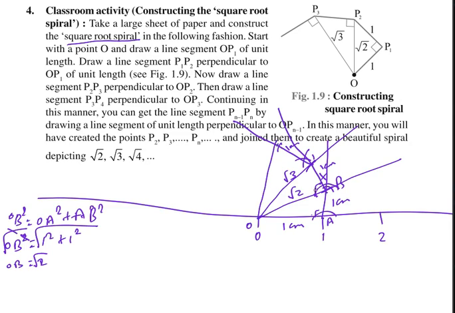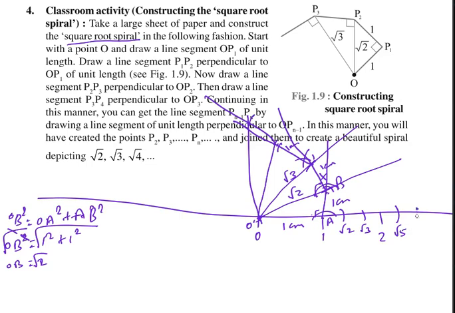Each of these lengths we have to take in the compass. This length of root 2 we take in the compass, and from the origin we mark it over the number line. So this is root 2. From the origin we take the length of root 3 and represent it on the number line, so root 3 will come here. Root 4 exactly becomes 2. Next we get root 5, which will come like this. This length we take from the origin, and if we draw over the number line, root 5 is possible to make.